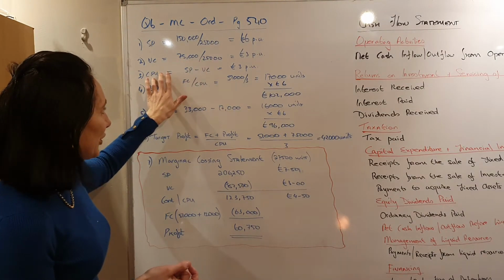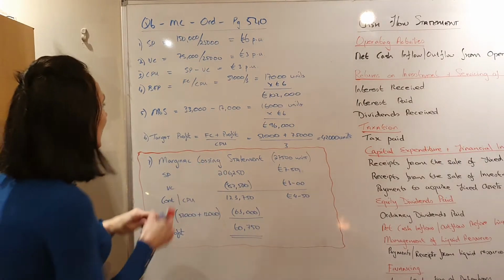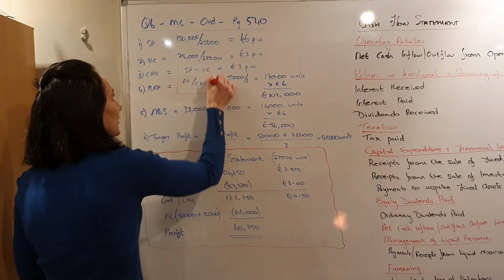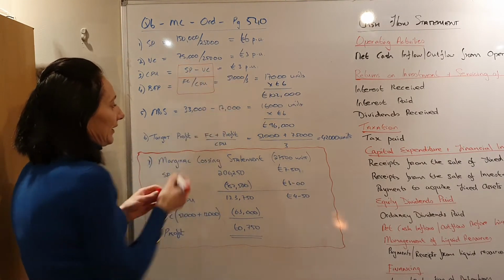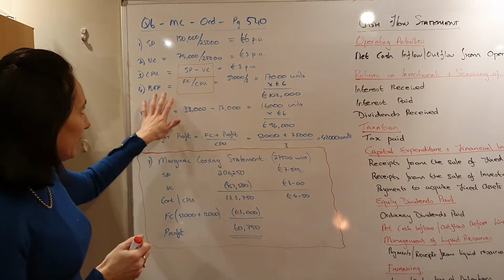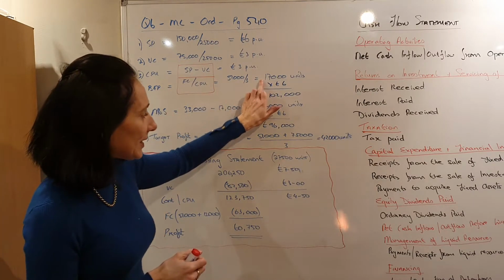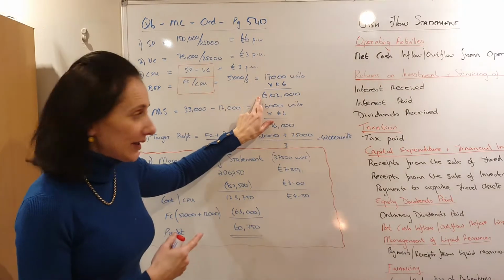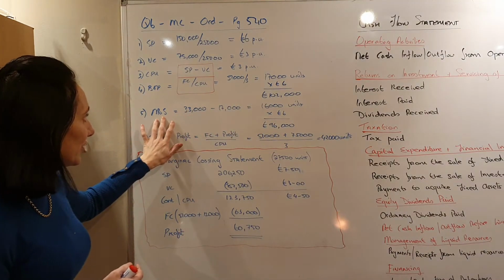Your contribution per unit, again, always show your formulas, and then you get €3 per unit. Break even point, and again, they wanted it in units and in sales revenue, so make sure you give it to them in both. Margin of safety here,